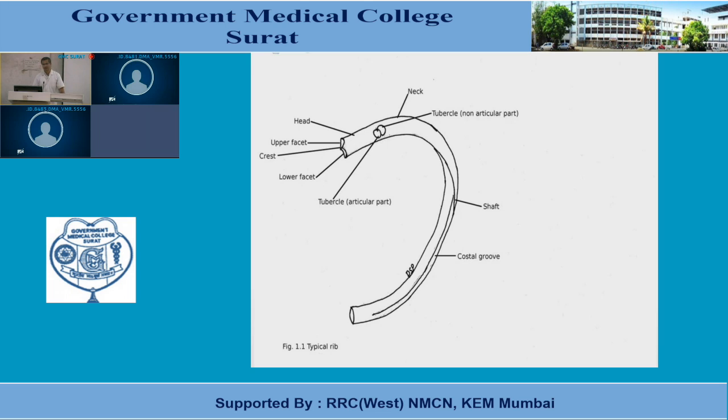Third rib articulates with this transverse facet, present in relation with the transverse process of the third thoracic vertebra, the same vertebra, same rib, same number. Now after that, there is the presence of the shaft. This is a long curved shaft. From this tubercle, it will go backward and laterally, and there is a sharp curve here. In relation with this sharp curve, there is formation of the posterior angle of the rib.